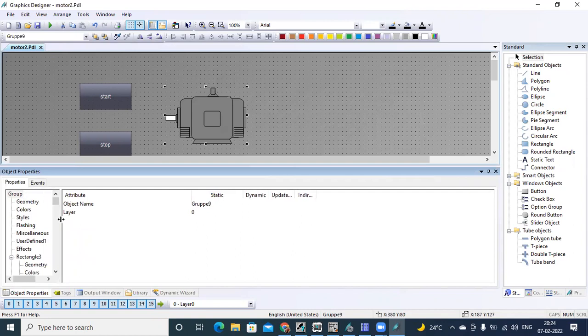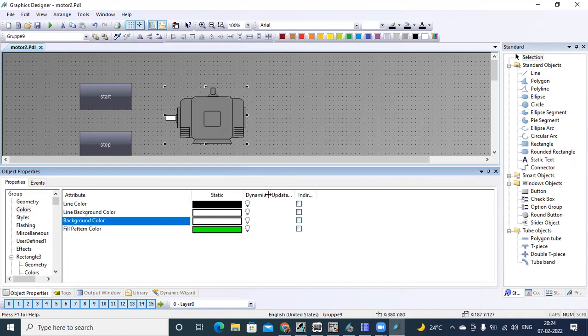You can directly select group colors. In these colors, under background color, you can see the dynamic option. Right click on this dynamic dialog. This will be applied for the total motor, the total symbol.